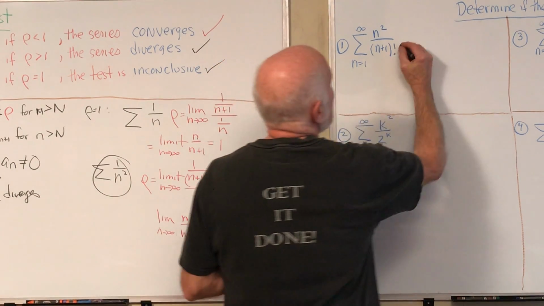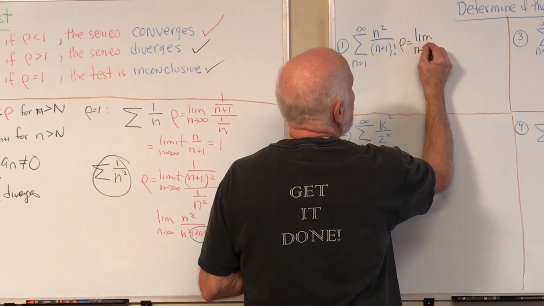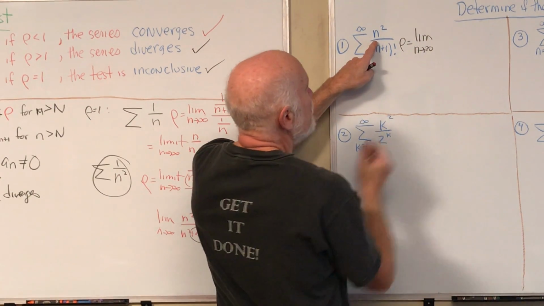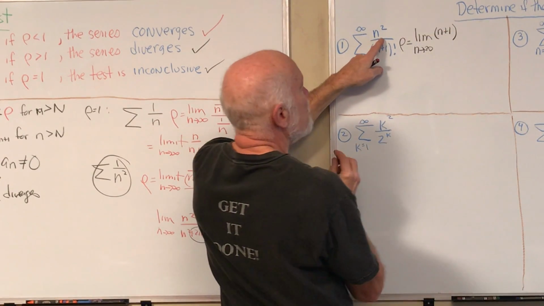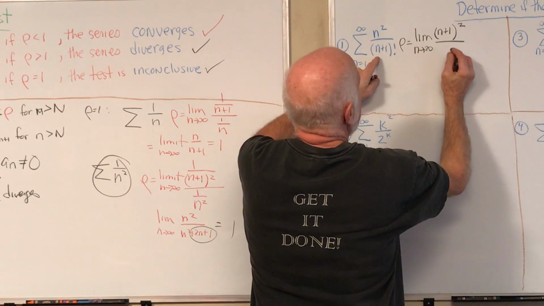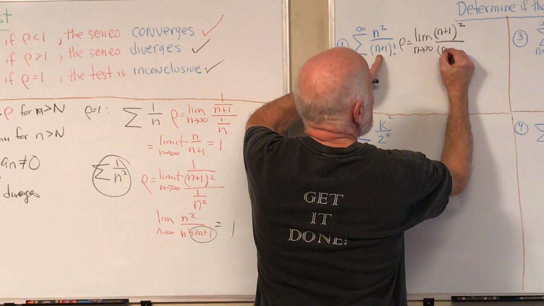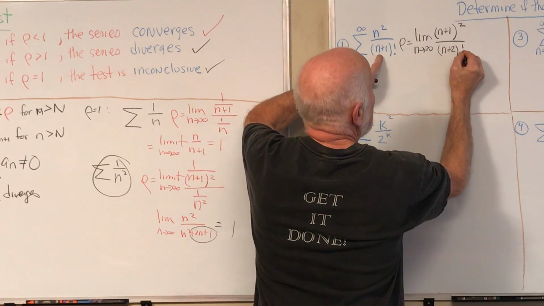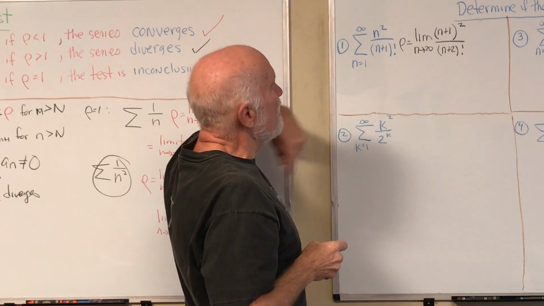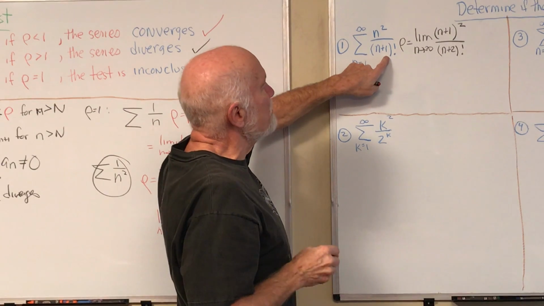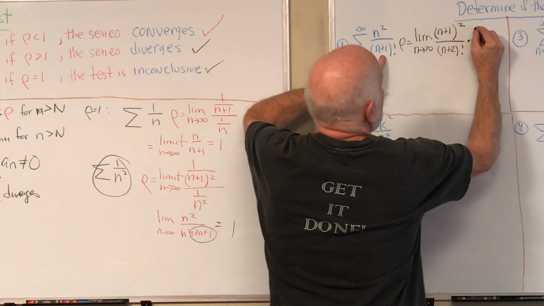ratio test. So I say rho equals the limit as n approaches infinity, and I take the n plus first term, which just means plugging n plus 1 in wherever you see n. This is going to be n plus 1 plus 1, so it's going to be n plus 2 factorial. And then you divide it by the nth term. Well, when you divide it by the nth term, it's like multiplying by the reciprocal. So we might as well do that right away. So the reciprocal,